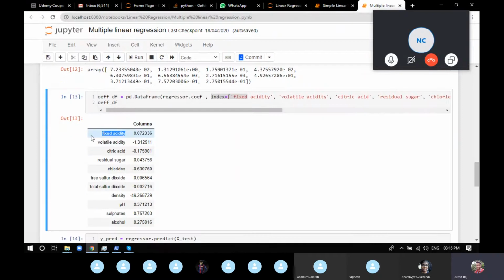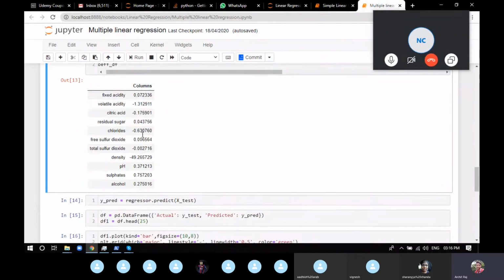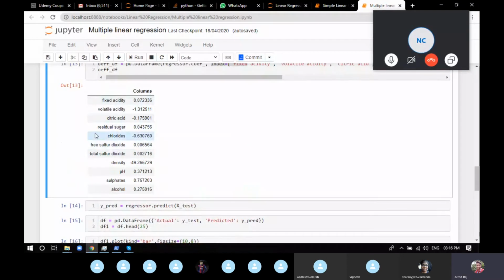Now you can see fixed acidity got a coefficient of 0.073. Volatile acidity got a coefficient of minus 1.321. So in this particular dataset, you found out which attributes are positively correlated, which attributes are negatively correlated, and how they're affecting the final answer.